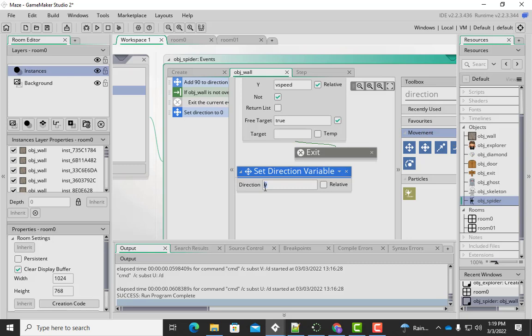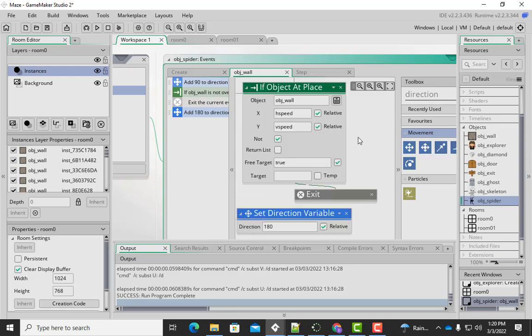Will you still end up going in the same direction? The answer is yes. So it doesn't matter. So I just say 180, and then I say relative. So whatever direction I'm going now, I'm going to turn around because I've turned 90 degrees to the left. There's a wall there, so now I know, okay, I can't go to my right. I can't go forward. I got to check behind me now. So I turn around,